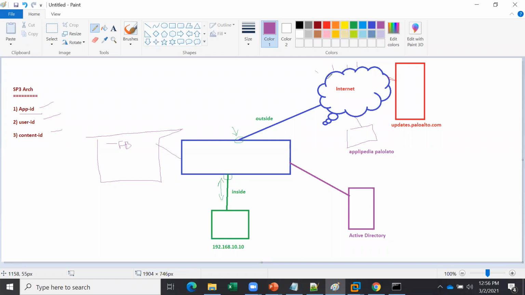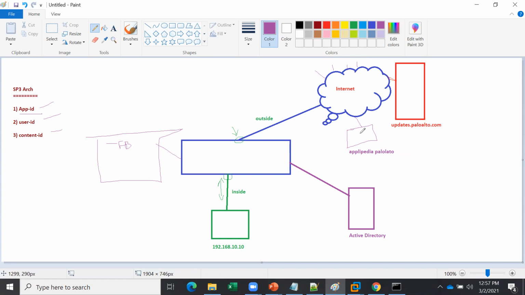Nowadays everything is an application: Uber, Ola, Swiggy, Zomato, your Axis Bank application, your HDFC Bank application, everything is application based, right? For those applications, they have a research team, and they try to see the behavior of each particular application.